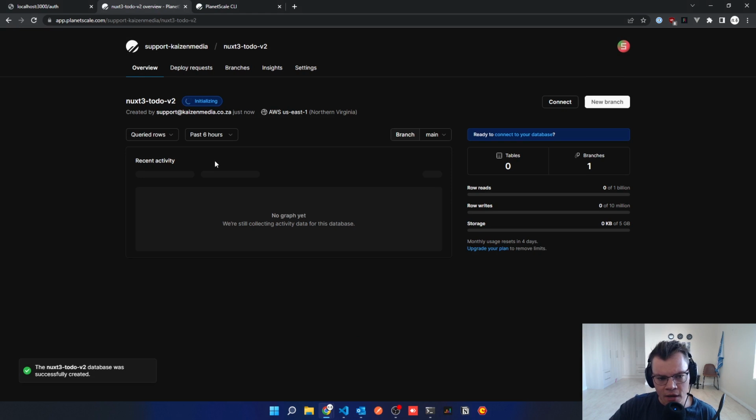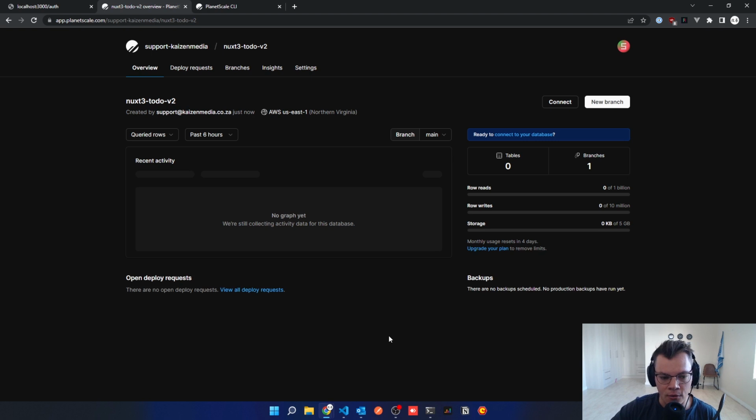And the database takes a while to initialize, so while you get ready to do that, we can look at the PlanetScale CLI, because you can connect to your database by using the full URL with the password and everything. But with the CLI, you set up a local proxy, and then you can just use a localhost URL. And by logging into the CLI, you have a direct connection with your